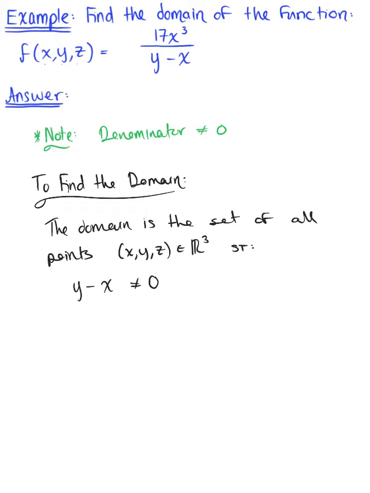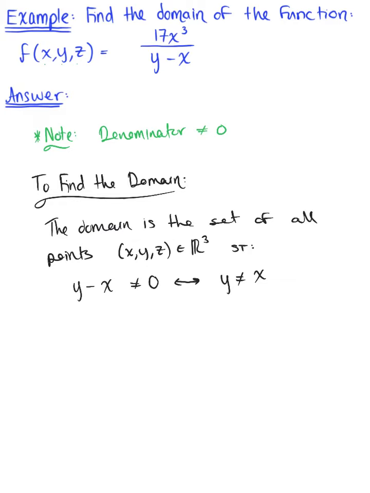And now, as always, we want to think to ourselves, how can we rewrite or manipulate this expression to recognize it graphically? So we just want to isolate one of our variables. An equivalent way to rewrite this is saying that y cannot be equal to x. So we need to make sure that we're excluding all of the points that live on the plane